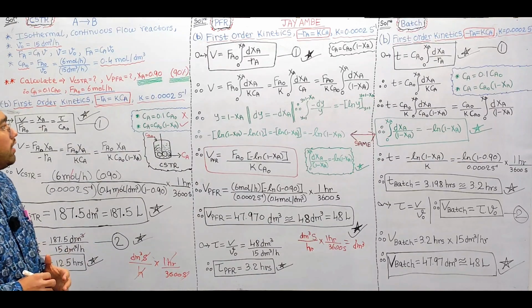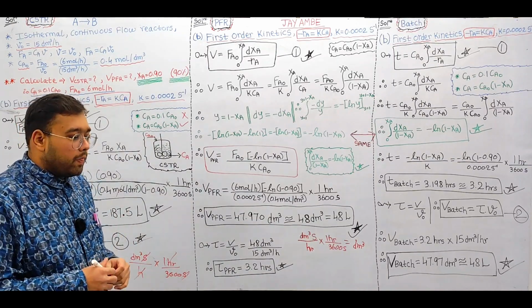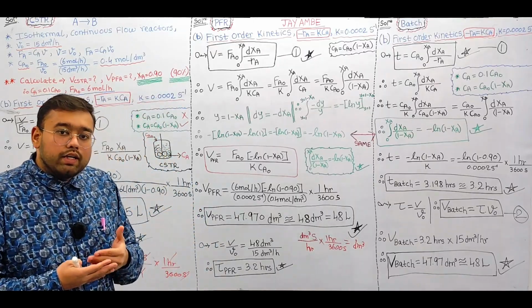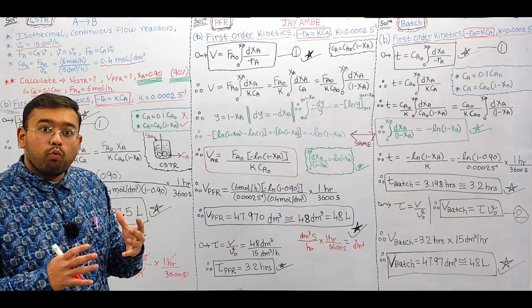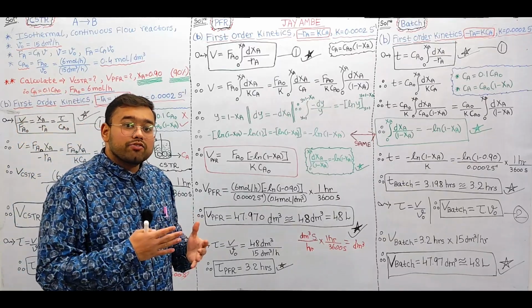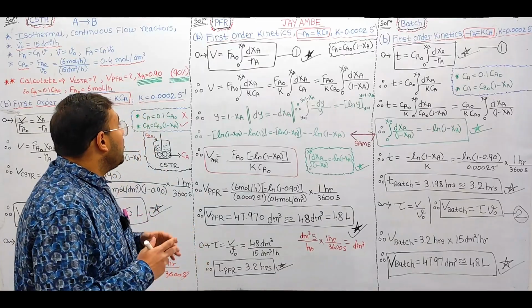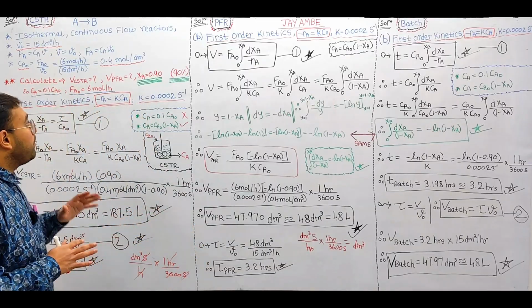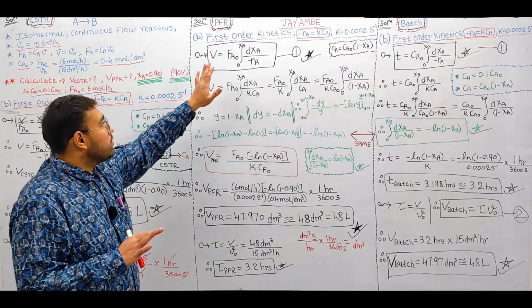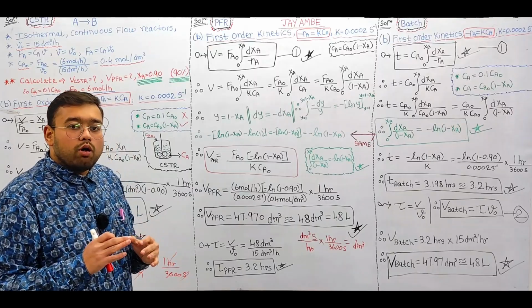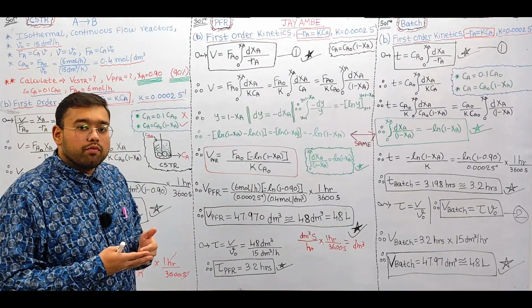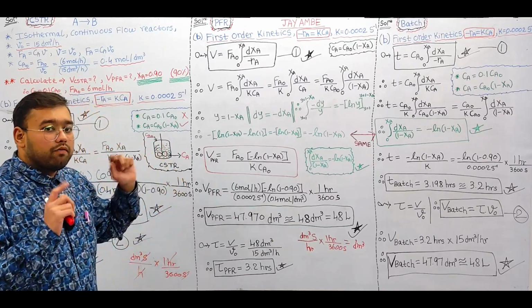Okay, now let's solve the other part. What if I use a plug flow reactor instead of a CSTR? Now what will happen? Let's calculate, understand and analyze. In a similar way, we are keeping all the operating parameters constant, using the same first order reaction kinetics. We are solving for the volume of the reactor and the space time by using the plug flow reactor, and